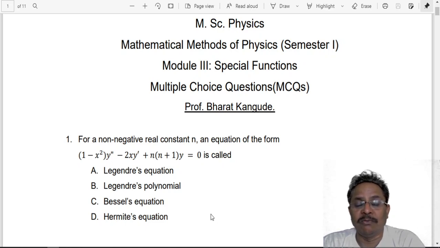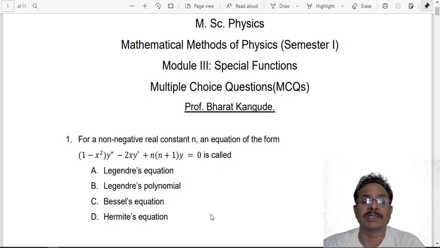So there are 40 questions. Out of that, 20 questions we will discuss today. Questions are very easy, conceptual, and require certain tricks. We do not need to go for any derivation or any calculations. Very simple and easy calculations, and most of the time the questions are exactly memory based. So depending upon whether you have memorized this or not, it is very easy to answer all these questions. We will see one by one.